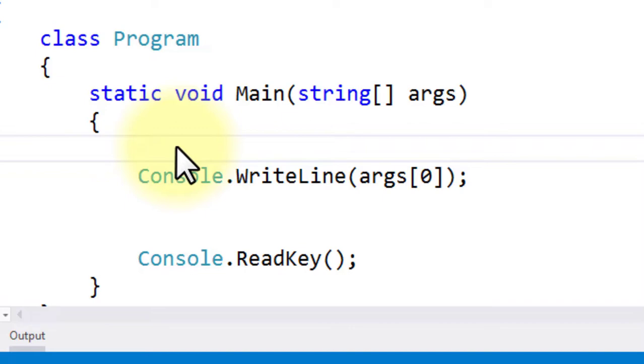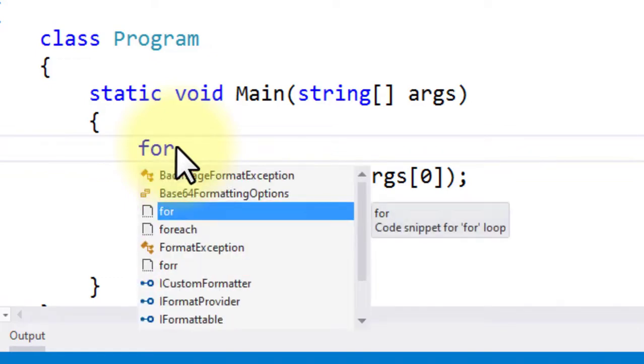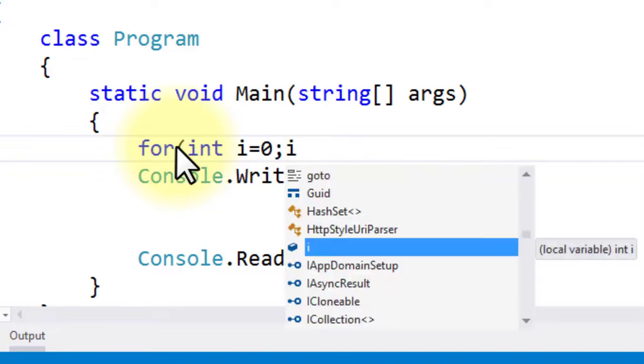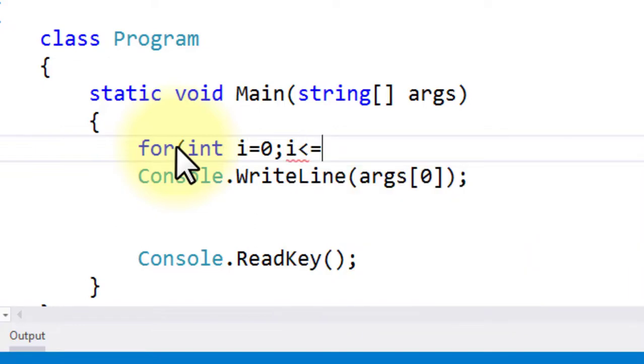Now how to display all the arguments? I use a for loop: for int i equal to 0, then i less than or equal to 2, because the index starts from 0, 1, 2, and I passed 3 arguments. The first argument is stored at index 0, the second at index 1, and the third at index 2, that is 0, 1, 2.